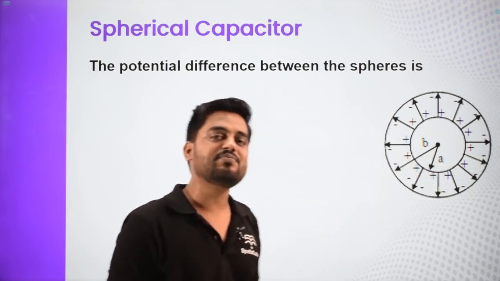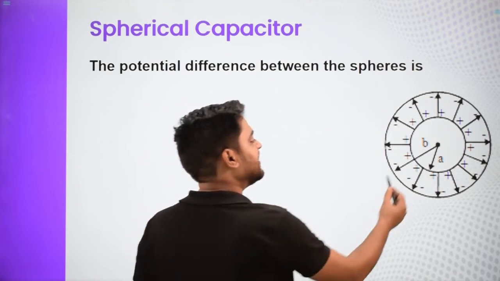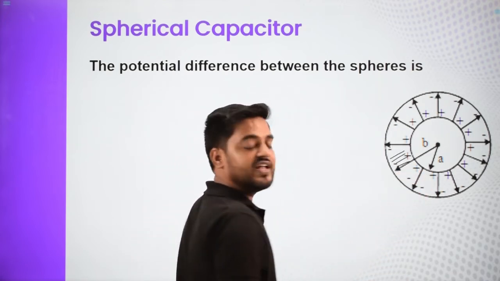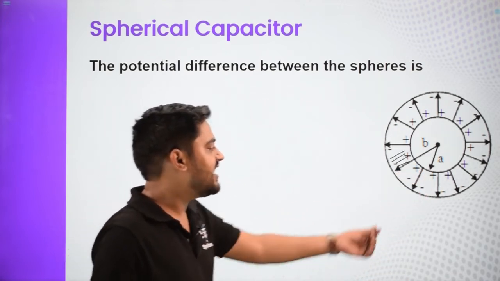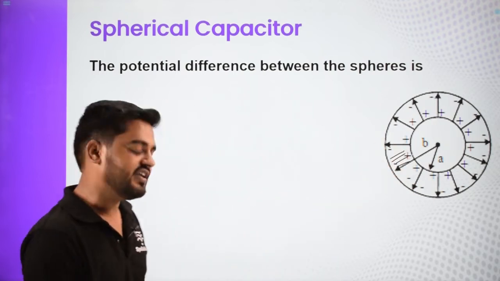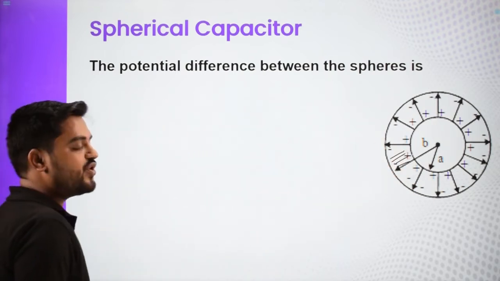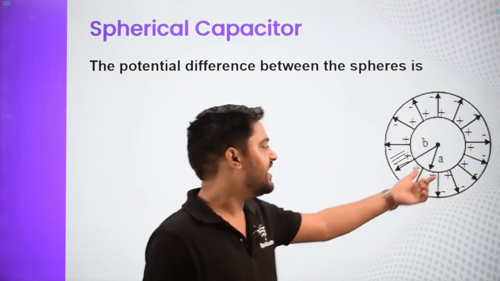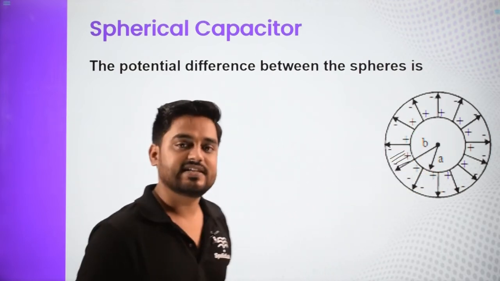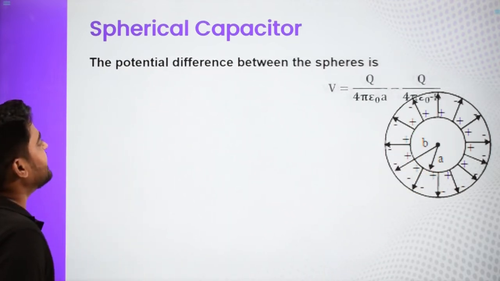I am going to do the same thing. First, I'll write the electric field in this region, and after that, I'll integrate to get the potential difference. And if you don't want to do that, we can already write the potential due to shells, right? So the electric potential due to shells can be written.